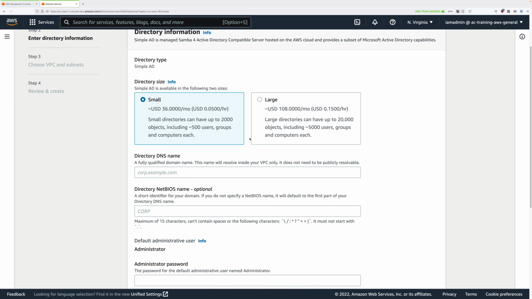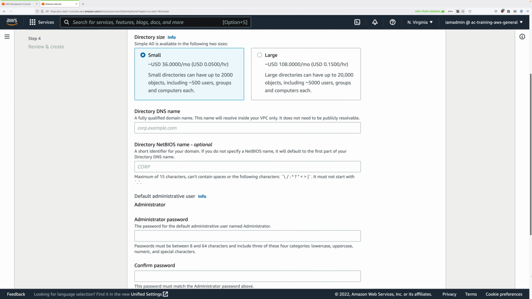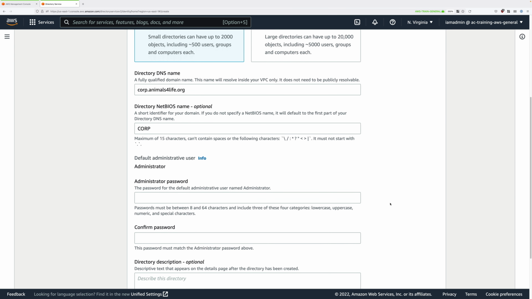So check that box. Then scroll down and you'll need to provide a directory DNS name and a directory NetBIOS name. Now for this demonstration, I'm going to use corp.animalsforlife.org as my directory DNS name and corp for my directory NetBIOS name. You should probably choose something that's unique to you, but I'm going to use these two. Now the default admin user is called administrator, but you will need to provide an administrator password. Now this does have some restrictions, so go ahead and enter the password once and then confirm it in the